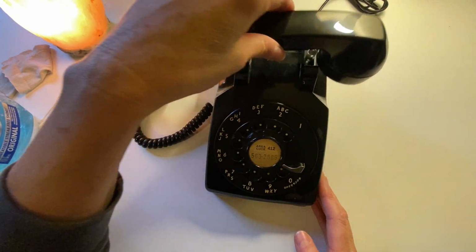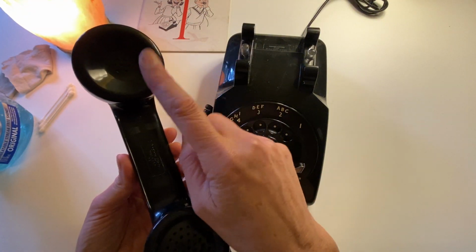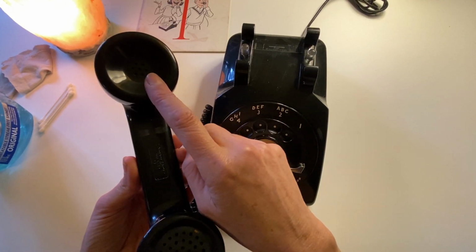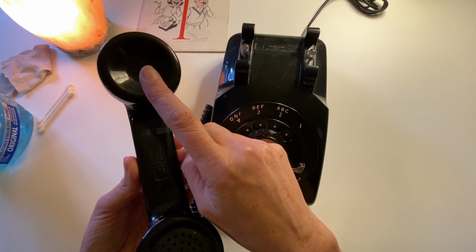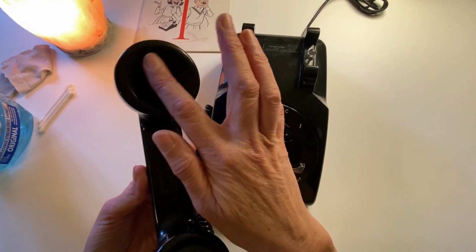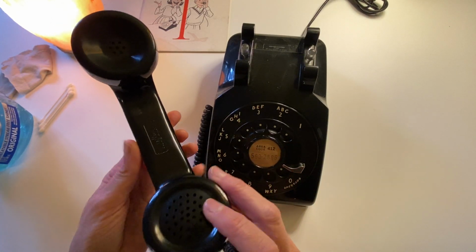So first you'd pick up the phone and you'd hear the dial tone, which would sound like doo, kind of like that, maybe a little higher pitch. And if you hear that, then you know you're good to start dialing the number. The other sound you might hear